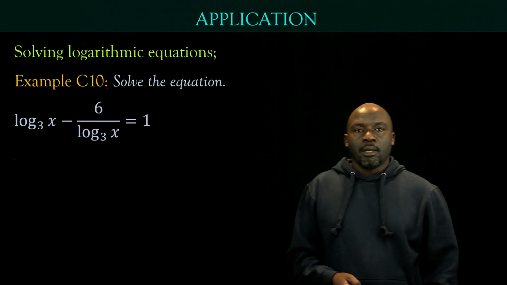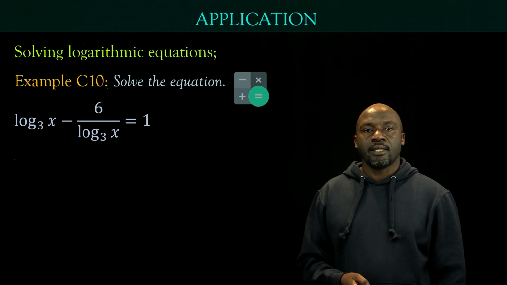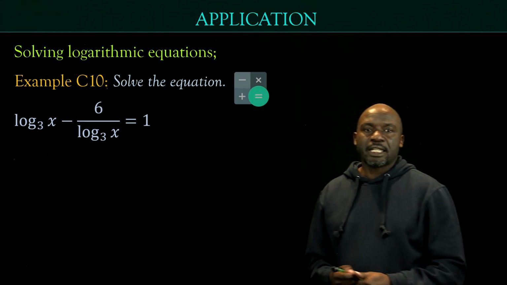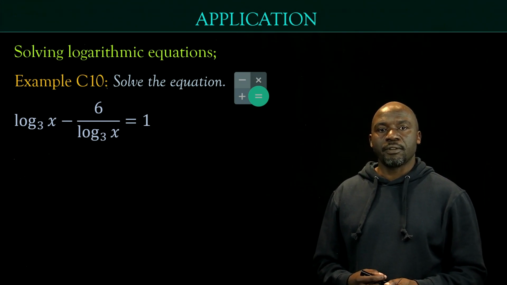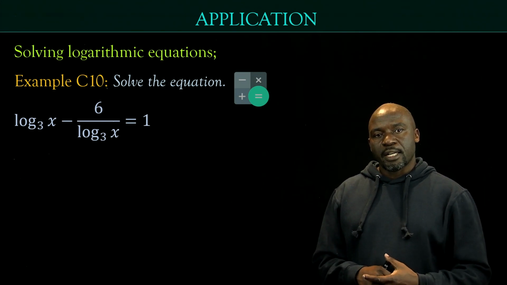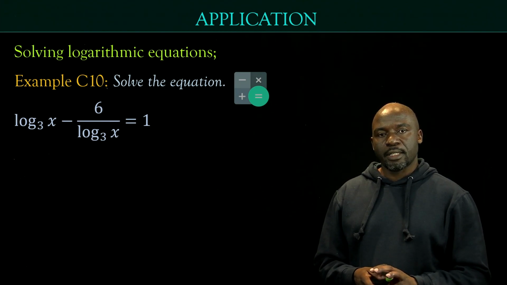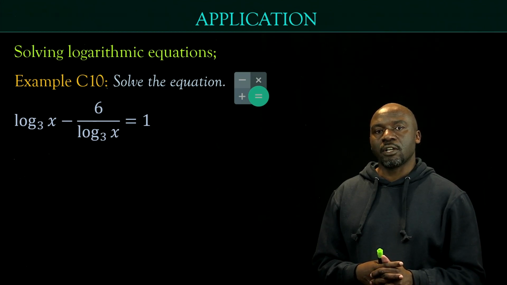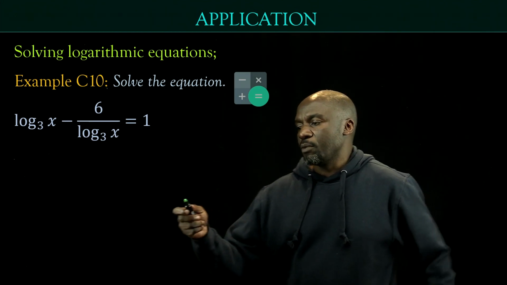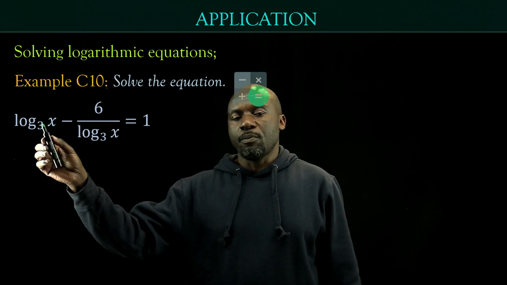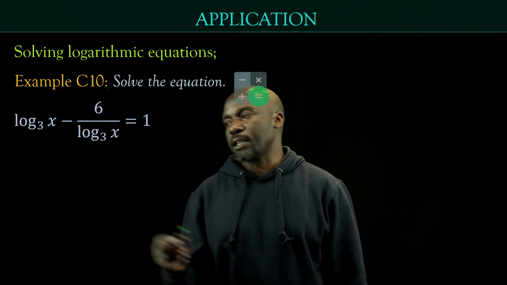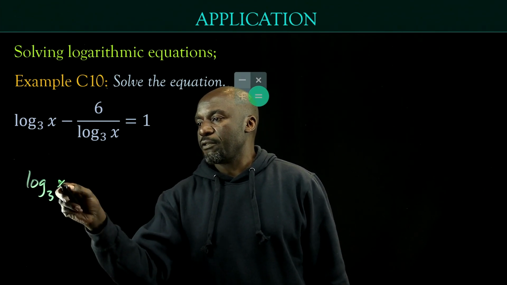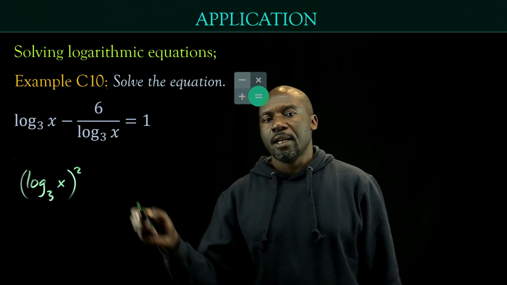All right, here is question number 10. This is also going to call for a calculator. We can at least set it up, and then if we need to, you can use a calculator later. This is already under base 3, so all we have to do is get rid of the fraction by multiplying each term by log base 3 of x. And that means I'm going to multiply every term by log base 3 of x. So the first term becomes log base 3 of x, everything squared,